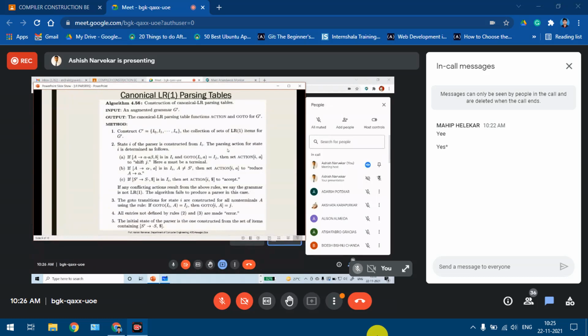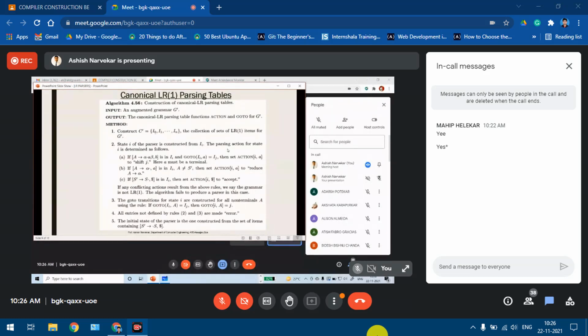In that case, you will be applying go to I0 comma small a. Our small a will be nothing but that capital S which appears after dot in the augmented production. So go to I0 comma capital S will be equal to Ij, the next state. From I0 where we go normally is state I1, so Ij will be nothing but I1.